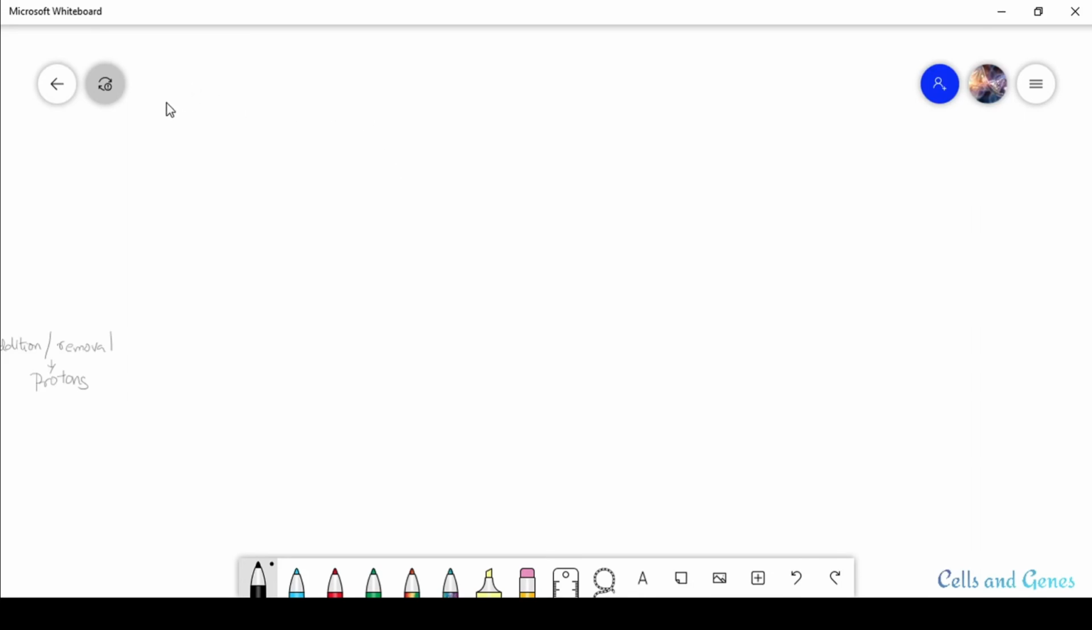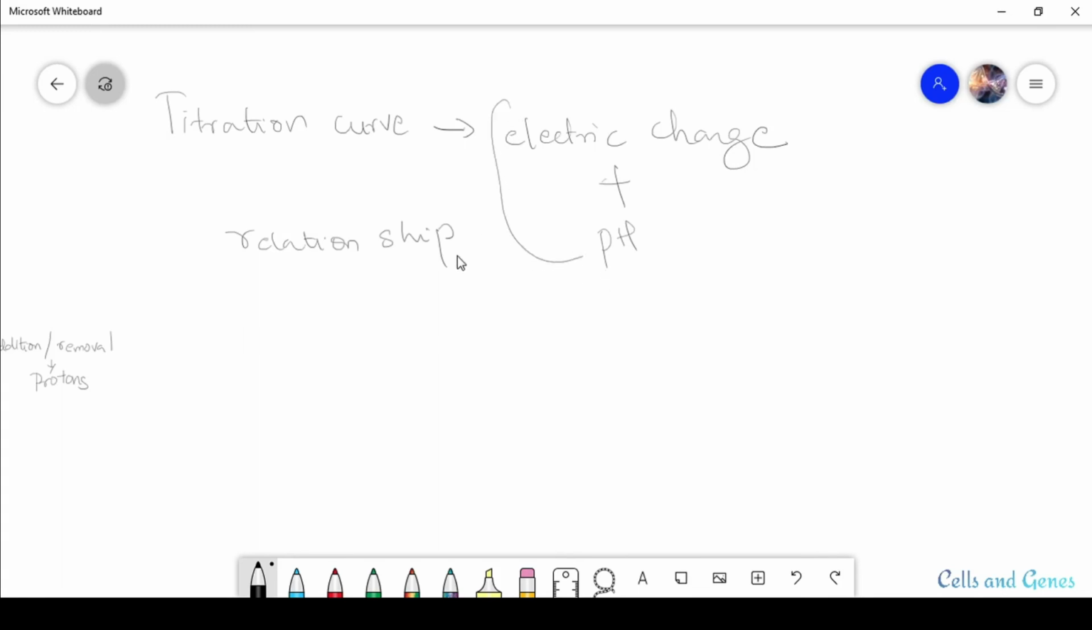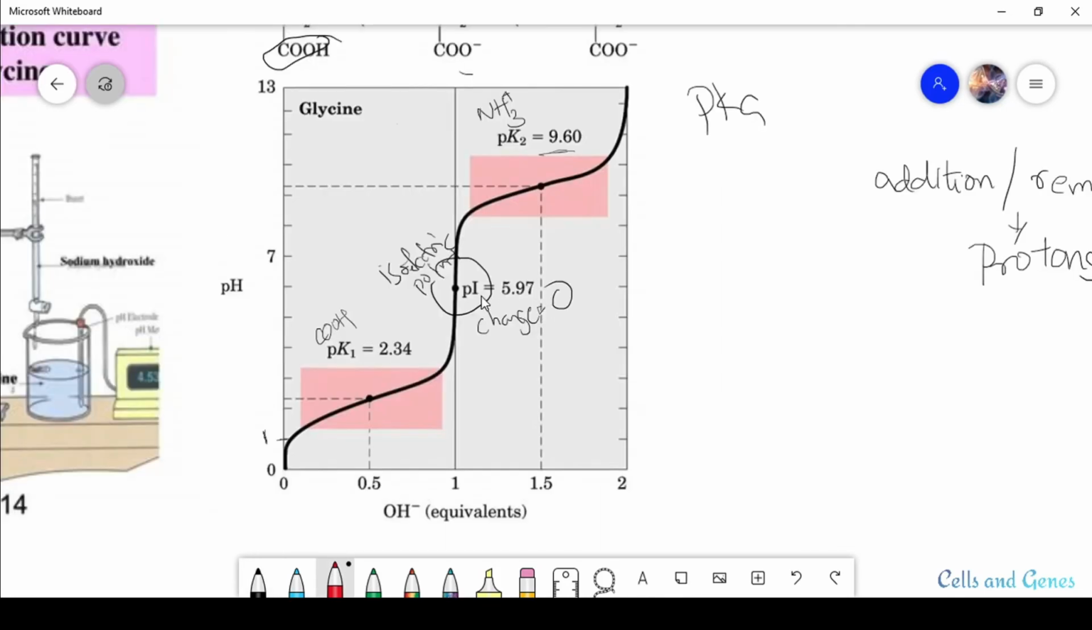The other point is that the titration curve can also predict the electric charge of an amino acid. From here we can find out the relationship between the net electric charge and the pH of the solution. So at this pH